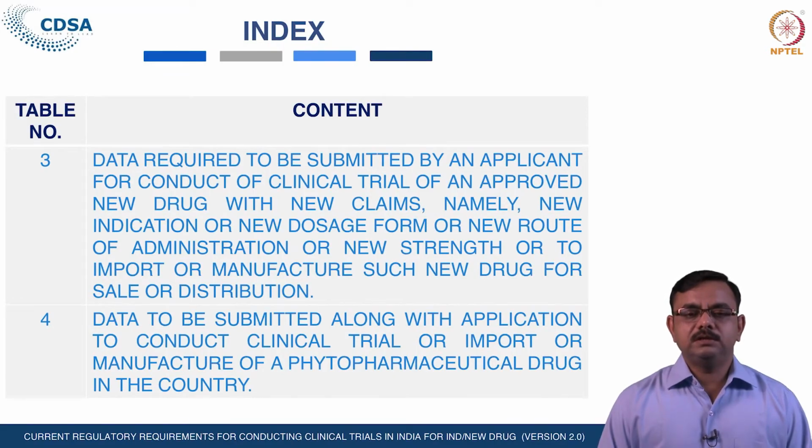The same here, the applicant has to submit the quantum of the drug sold and the extent of the exposure. Then in this case also, though it is a phytopharmaceutical, the human or clinical pharmacology information is required. Then the pharmacodynamic information, if it is available, if the drug is already existing. Then the monograph, if published on the plant or product or extract of phytopharmaceutical, then the copies of all its publications with English translation have to be submitted.